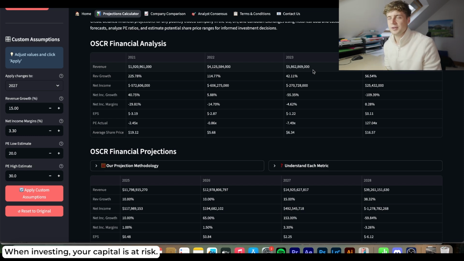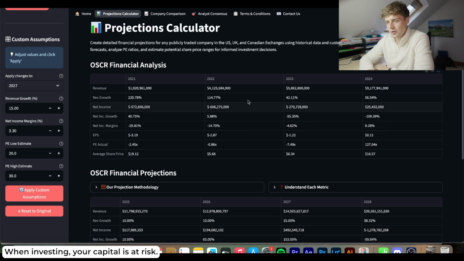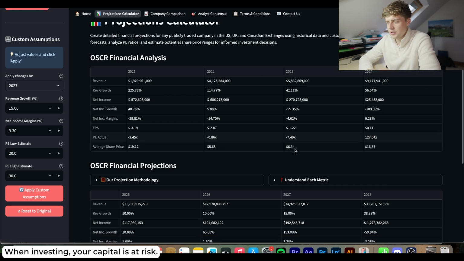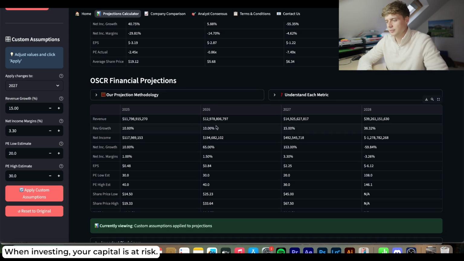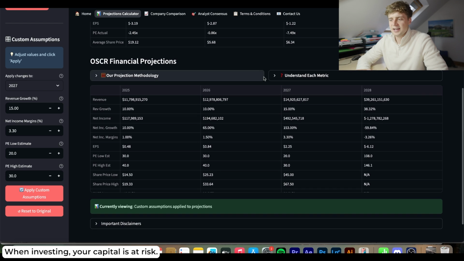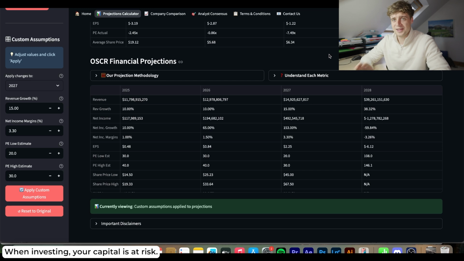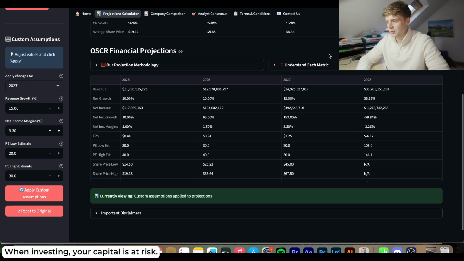I think they've 10x'd their revenues within the last 5 years or so, which is really impressive for Oscar. And you can see their EPS was getting better and better each time. So you get this to go off, and do your own research as well when you are putting in your numbers. You don't want to just randomly type in, oh, I'm going to go 12 and 12 and 15. And by the way, these aren't exactly my numbers of what I would do. This is just the quickest way I can explain how you could start using this projections calculator. So don't just go off these numbers and think this is what I actually think.